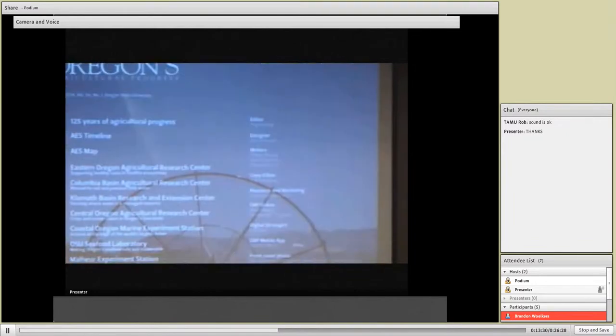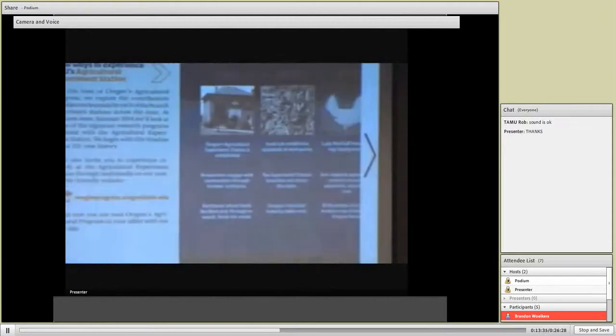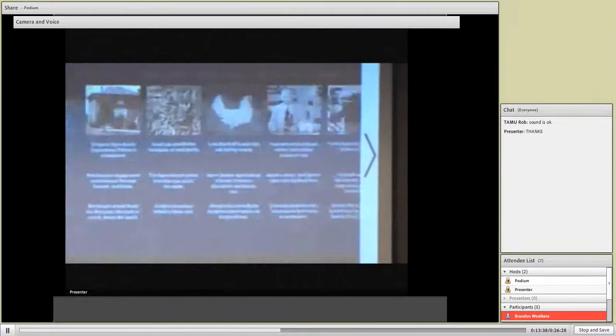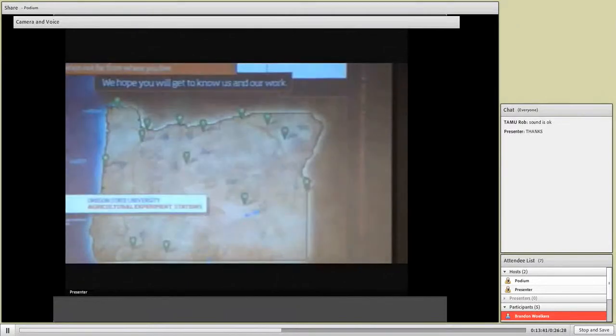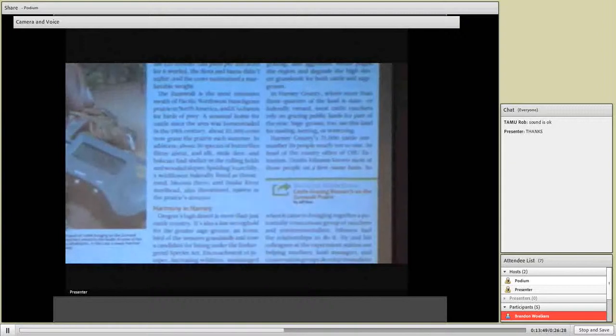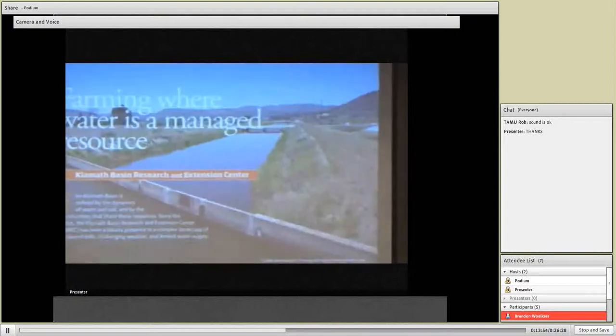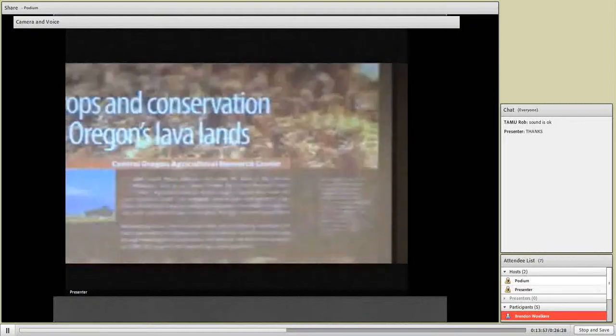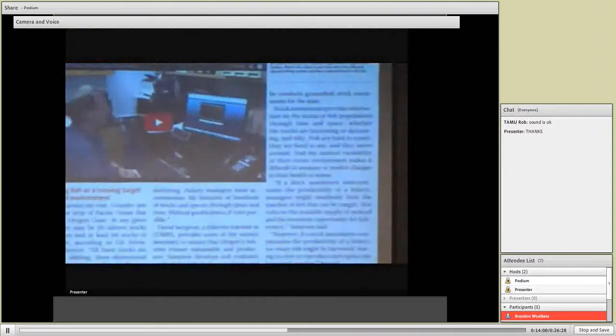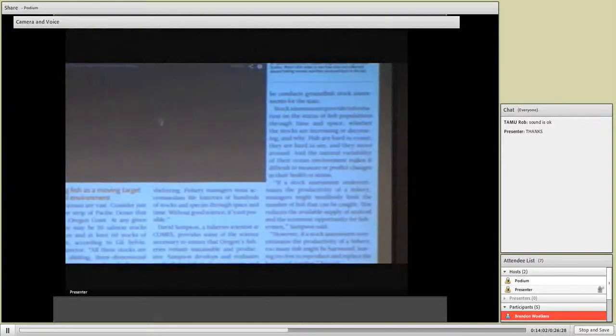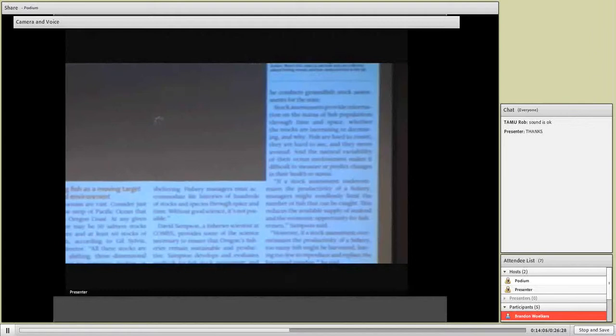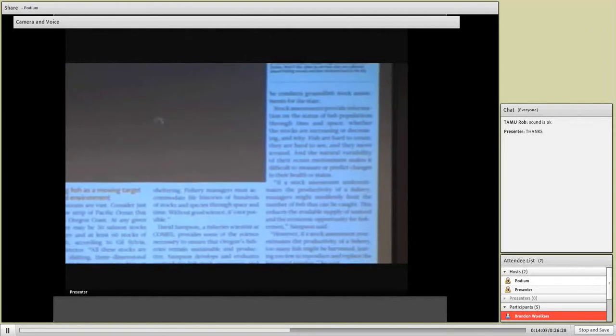Again, the idea that this is an interactive mobile magazine, but it also has the capacity to embed all kinds of interactivity. If I want to take a look at a particular station, there it is. It also has media of all kinds. Videos can be placed in here, slideshows. For example, let me go to one. Here's a video. Again, all this is available on the internet, live through people's mobile devices.